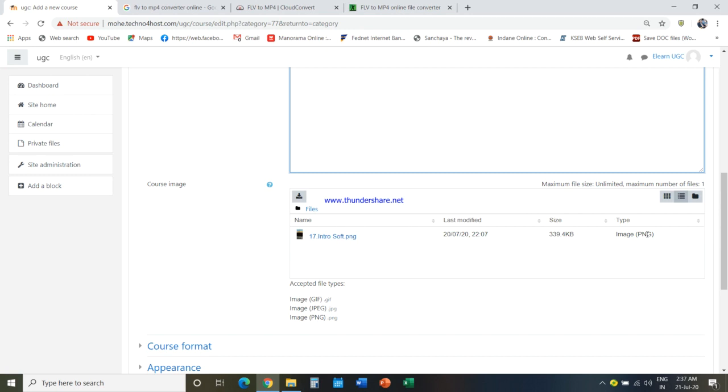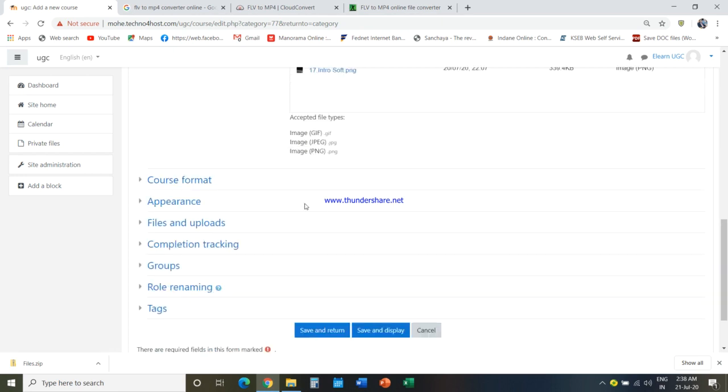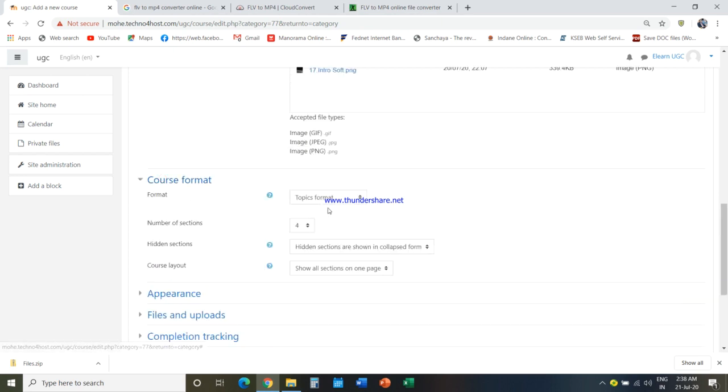So either you can drag and drop, or what you can do is go to the particular folder, select it, and then attach. Two ways we can do. Okay. Then the next one is the course format.